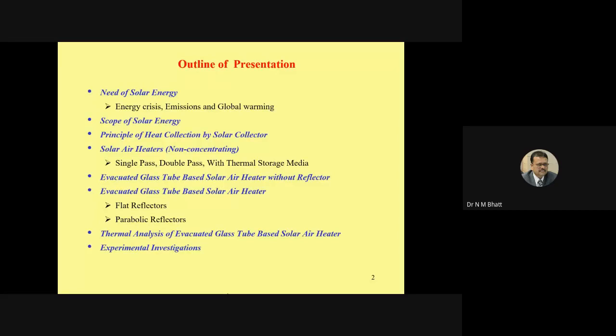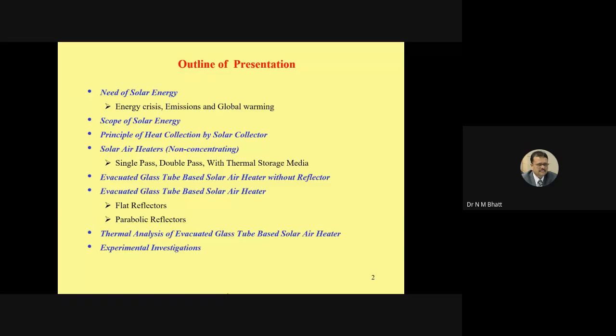We have developed various versions. The first is without reflector. The second version is with a flat reflector, and a few versions are also developed with the parabolic reflector. So we have worked in a range of concentration ratio from 1/pi, because when it is without reflector, the concentration ratio in certain literature is mentioned as 1, but by the definition of concentration ratio, that is aperture area divided by the absorber area, and by the way the area is considered, this would be 1/pi and not 1. I will justify at the appropriate time.